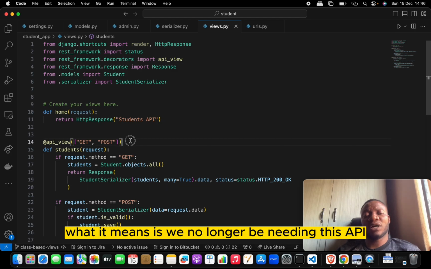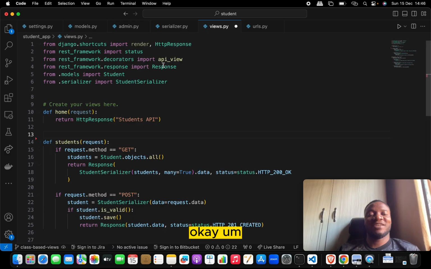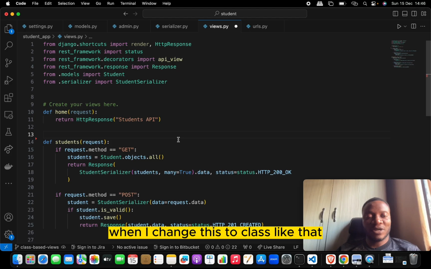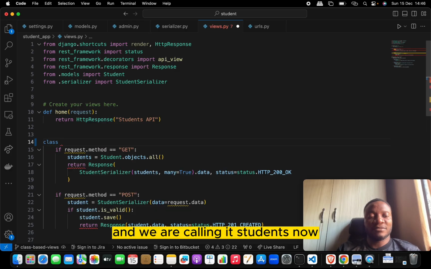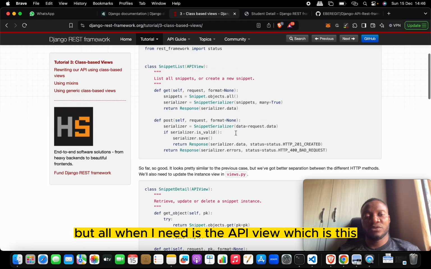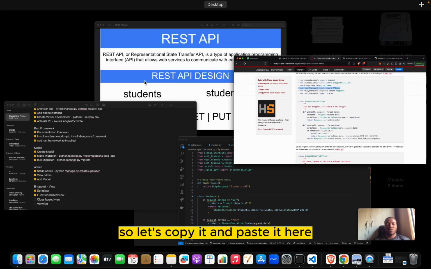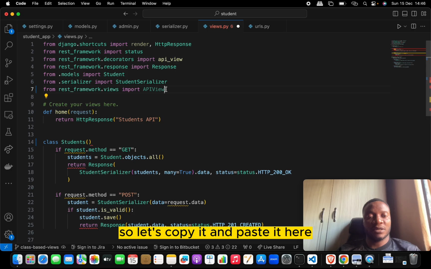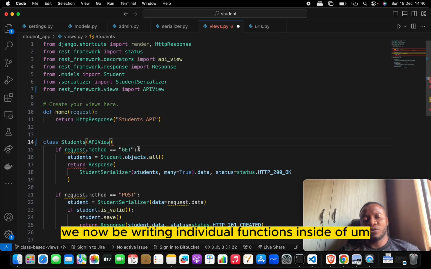So what it means is we'll no longer be needing this API decorator here, so we'll get rid of it. We'll now change this to class like that, and we are calling it student, like that. But what we'll now need is the API view, which is this. So we import it from views. So let's copy it and paste it here, because we'll be extending it here, API view. And then we'll now be writing individual functions inside of